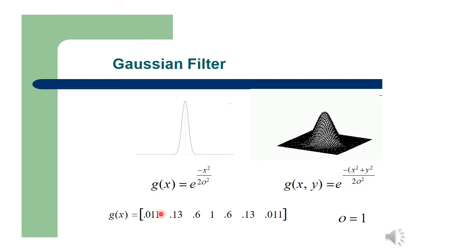This sigma is the standard deviation. As far as the image is concerned, we apply the Gaussian filter not only in x but in the y direction also. So the expression for x y is e power minus x square plus y square, whole divided by 2 sigma square,